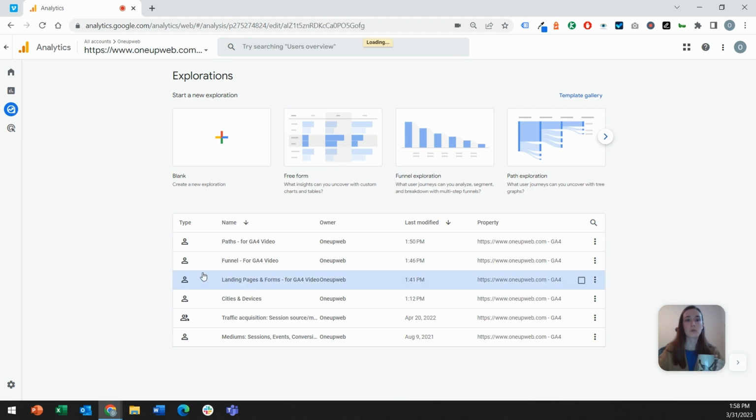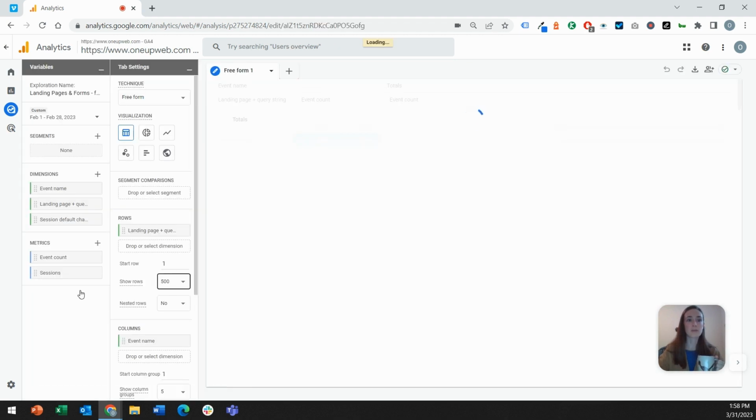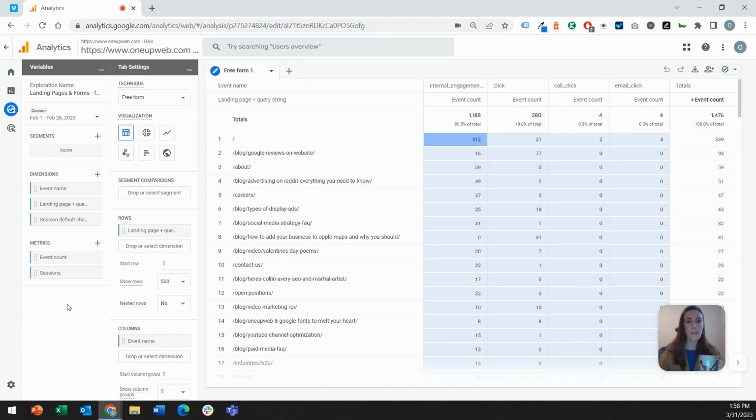We're going to start with a freeform exploration. I like to think of these as somewhat of a painter's setup. So think of this left-hand side column over here as your painter's palette. And this is where you include all of the paint colors that you think you may potentially want to use in your painting. So those are dimensions and metrics that we might want to use to build a report.